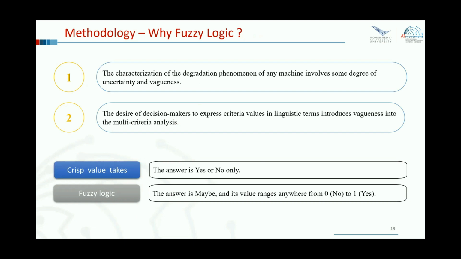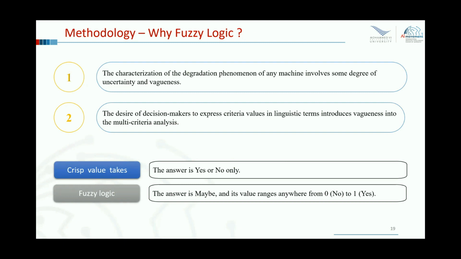So why do we choose fuzzy logic? First of all, the characterization of the degradation phenomenon of any machine involves some degree of uncertainty and vagueness, and also the desire of the decision makers to express criteria values in linguistic terms introduces vagueness into the metric criteria